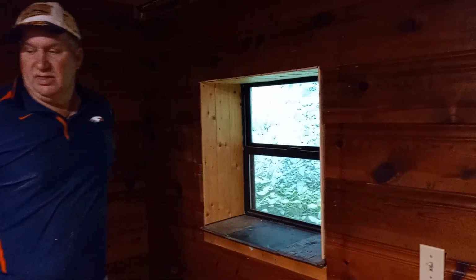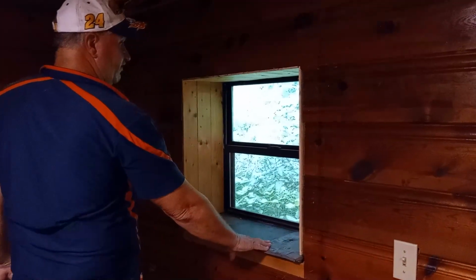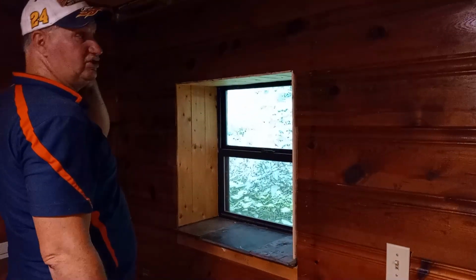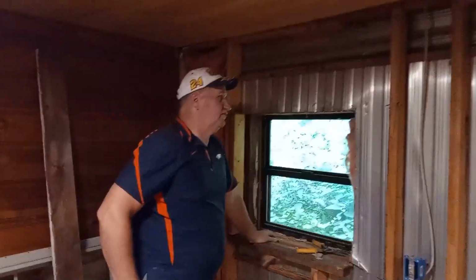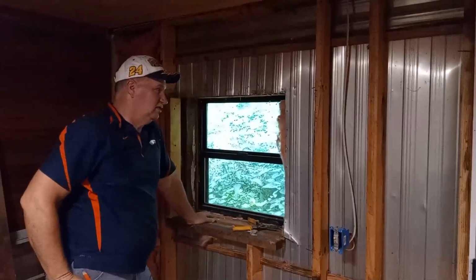Now what I'm going to do first is pull this off, and then start pulling all the siding off. And that will be when we show you what the wall looks like when we get that done. We'll take you back to it. Well, here it is. We've uncovered the aluminum siding and